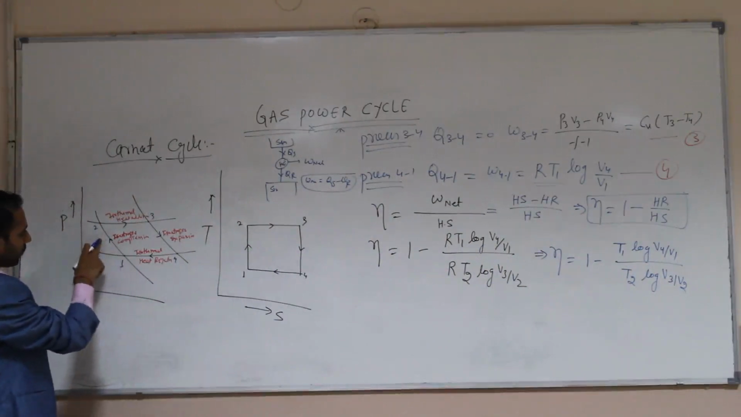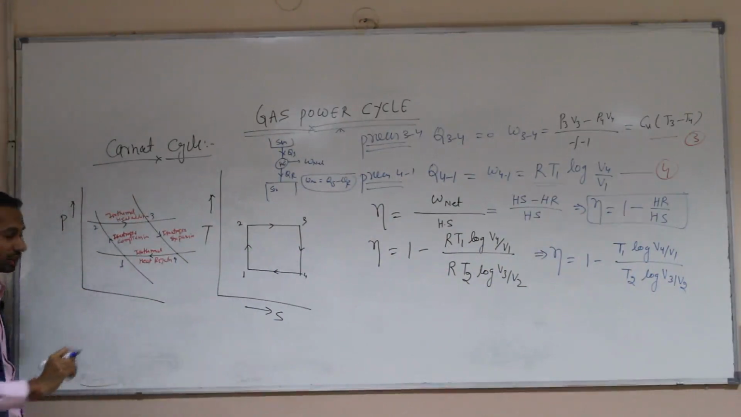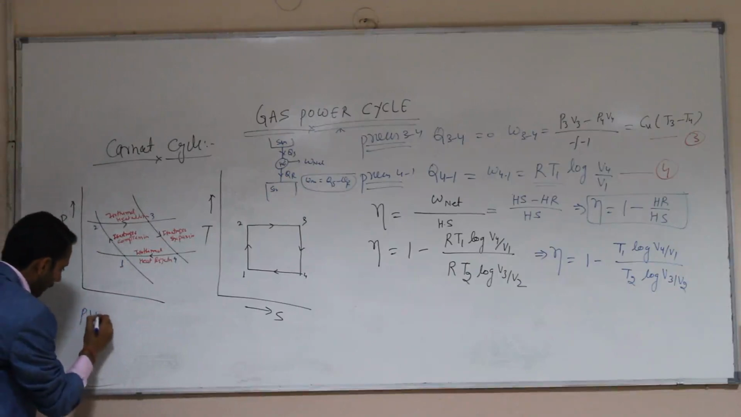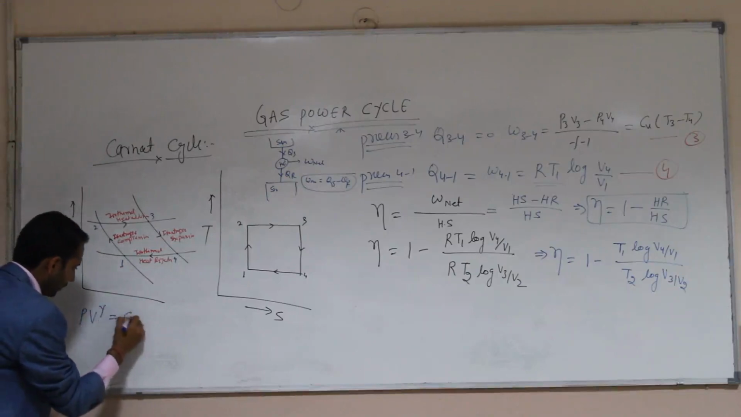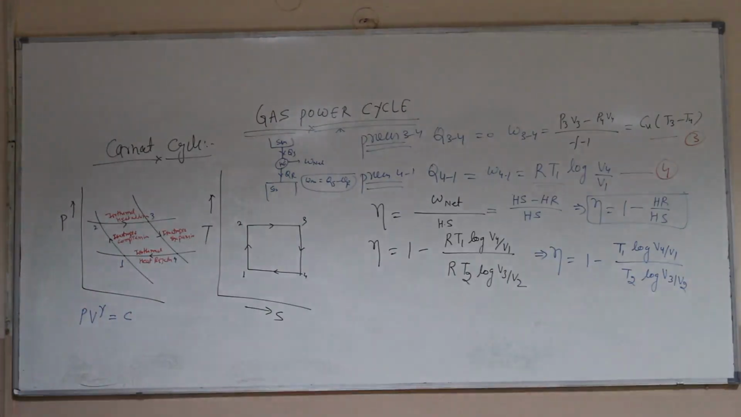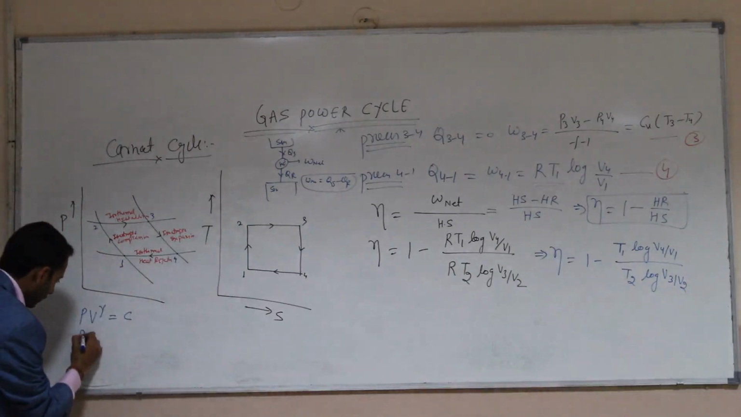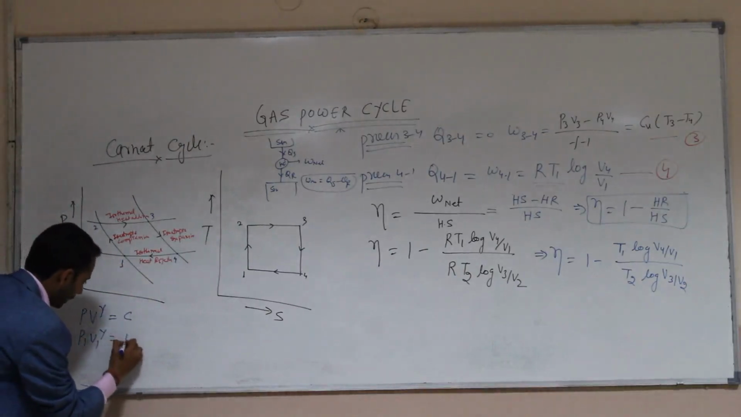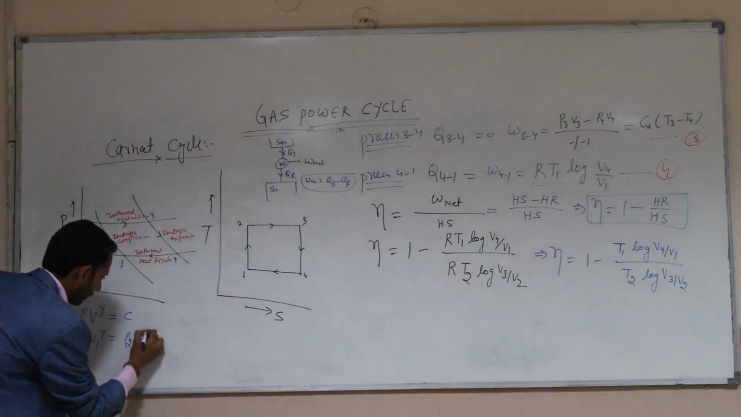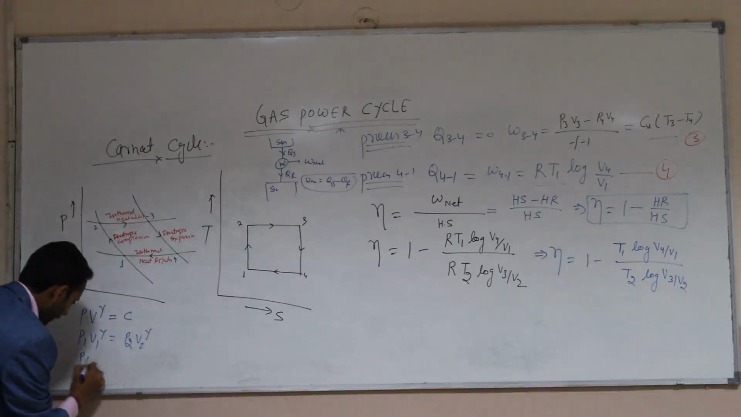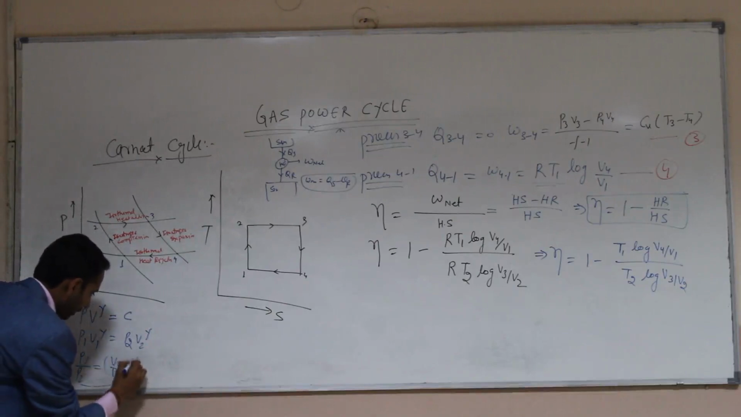Process 1 to 2 is an isentropic compression process, and we all know that for an isentropic compression process PV to the power gamma is equal to constant. We are using this equation. If we relate this equation from 1 to 2, then P1 V1 to the power gamma is equal to P2 V2 to the power gamma. Then we will find that P1 by P2 is equal to (V2 by V1) to the power